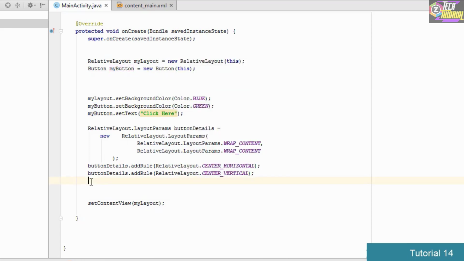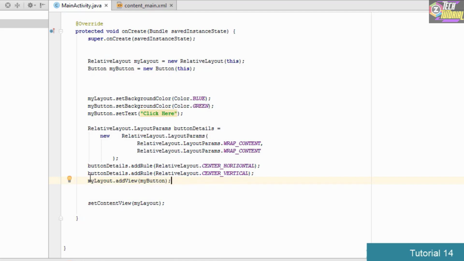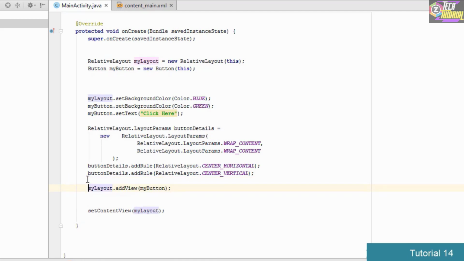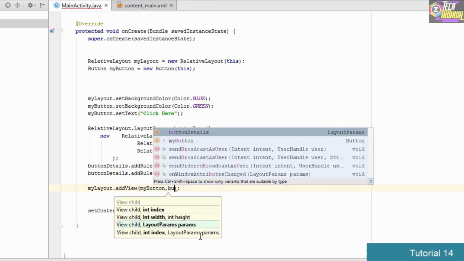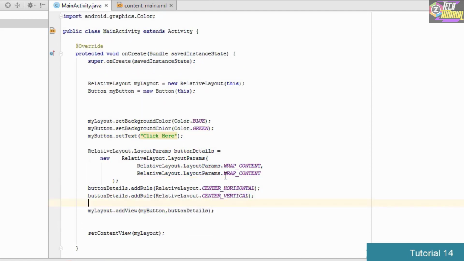We go ahead and come here and we paste the code here. And one more thing which we want to add to this button is going to be the button details which we have created right over here. So you make sure that you go ahead here and then you type in the button details. So we type button details right over here. So now let's go through the code once again in order to have a proper understanding of what we have done.